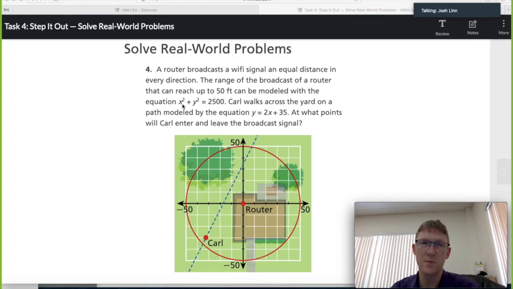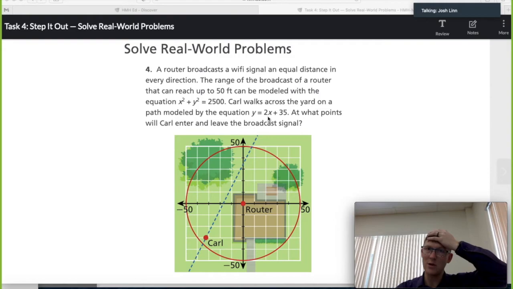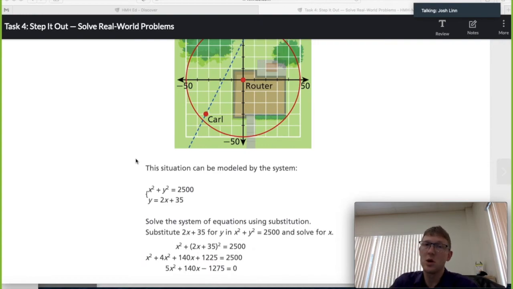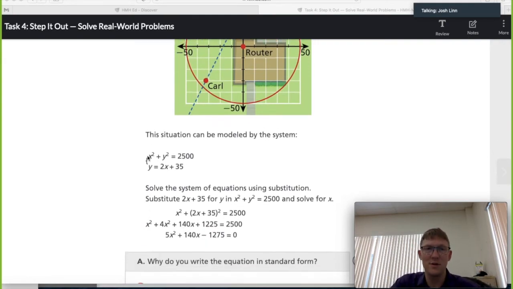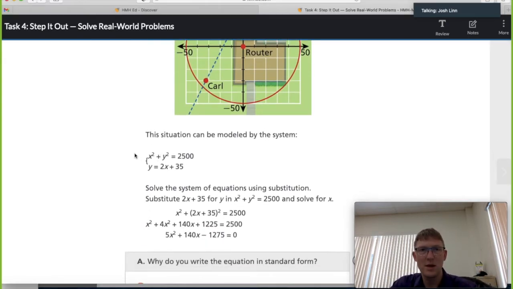So here, we've got an x squared plus y squared, and we've got a y equals 2x plus 35. So elimination would not be easy. It would be possible. We could square root some stuff, but it would not be easy, and it would probably be more work than it's worth. So the good old-fashioned traditional way of solving this would be by using